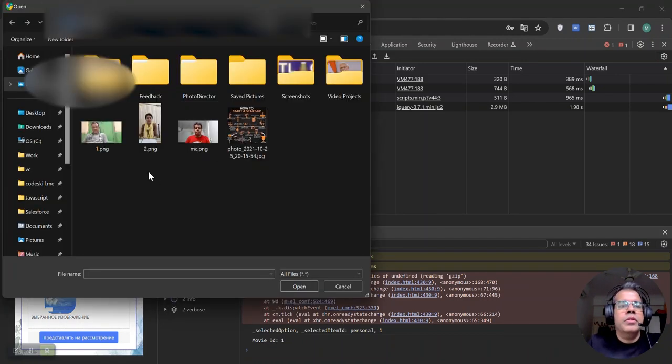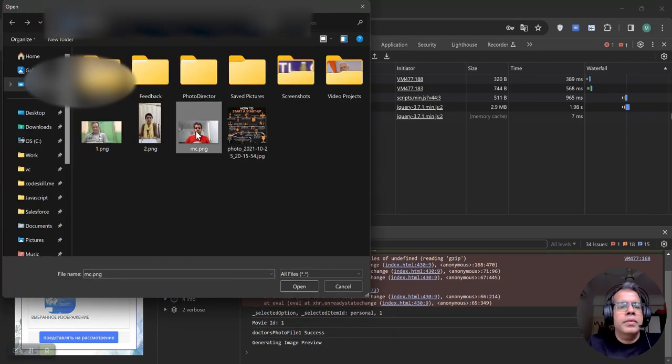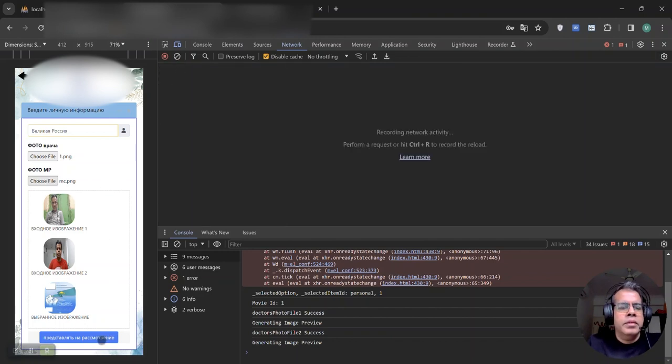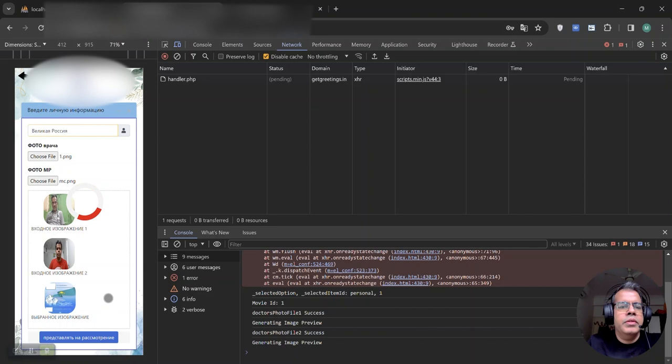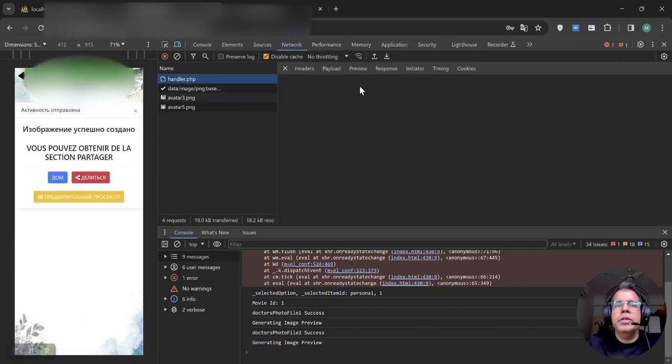Then we need two images, one of the doctor and the other of the MR. So let's take this as a doctor and this is an MR, and this will be submitted. So you can see when we submit it, our payload